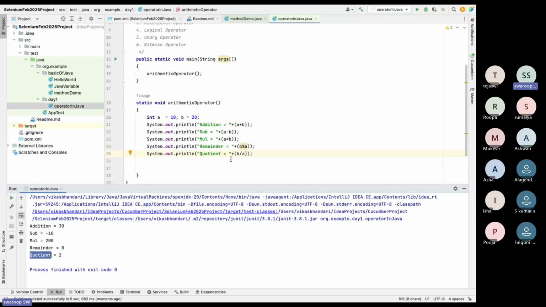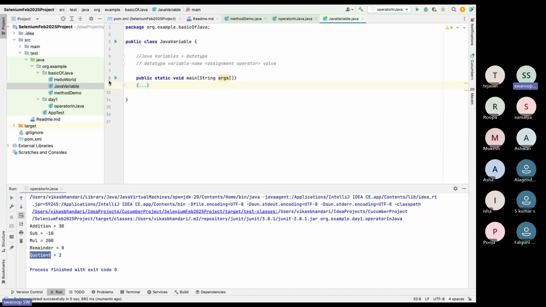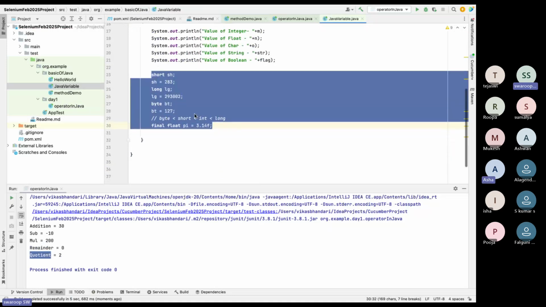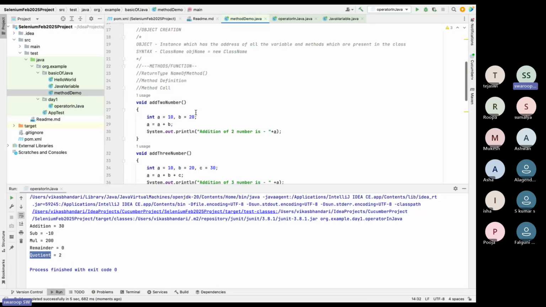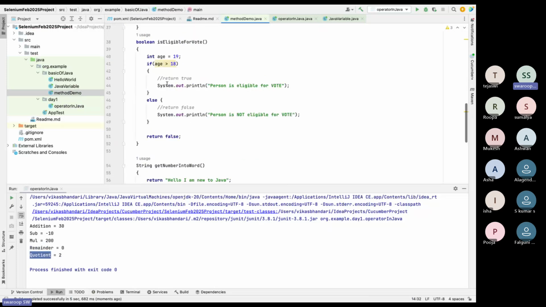We will discuss this in detail in the coming session. But overall, today we had discussions on different variables and different data types, like short, long, byte, and I showed you the hierarchy also. Then we started the discussion on method demo, in which we spoke about what a method definition is, what a method call is, and after that